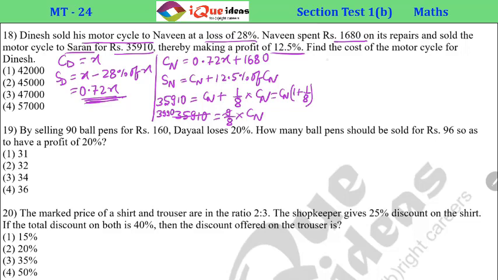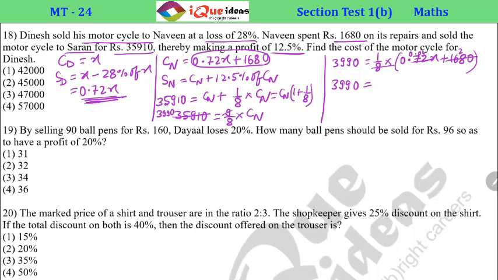Fantastic. So we have 3990 equal to 1 by 8 into the cost price of Naveen. Now, cost price of Naveen is this much, that is 0.72x plus 1680. As you can see, 8 can cancel this. Let's say 8 divides 72 9 times and it divides 1680 210 times. So we can write it as 3990 equal to, 8 divides 72 9 times, so it is 0.09